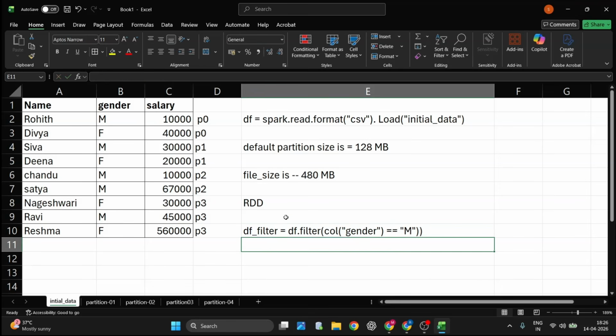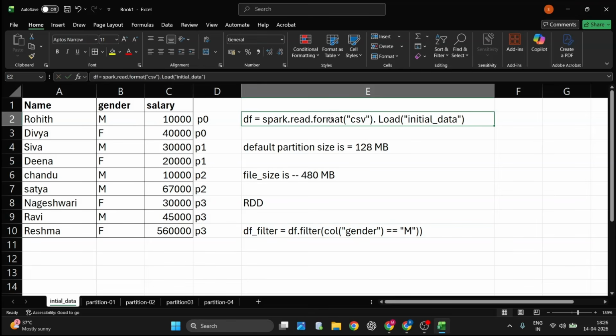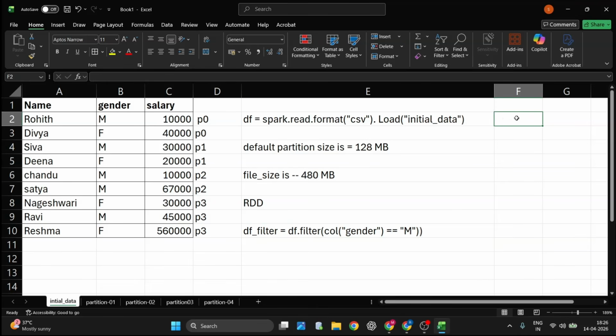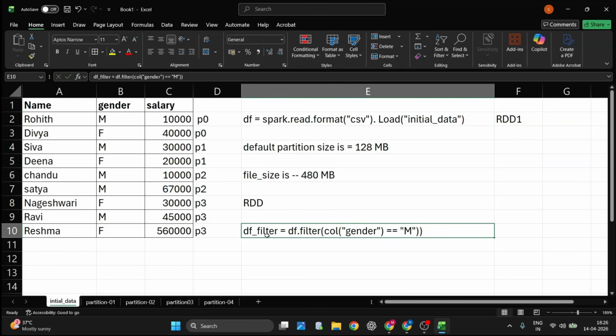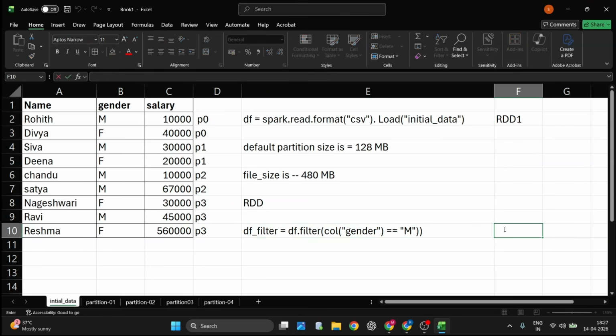Whenever I write this, you need to understand one thing. This df will have one rdd1. And when I create df underscore filter, it will not go with rdd1. It will create one more rdd2 with the help of rdd1. For suppose if this rdd2 gets failed,